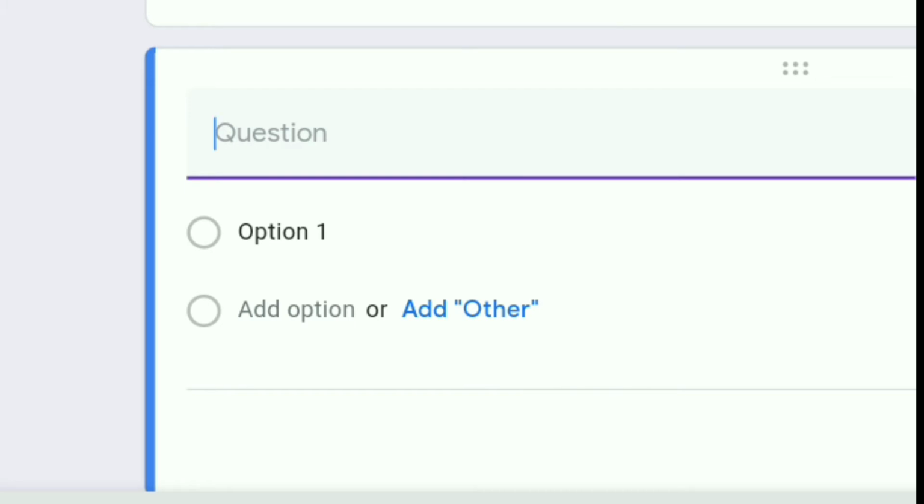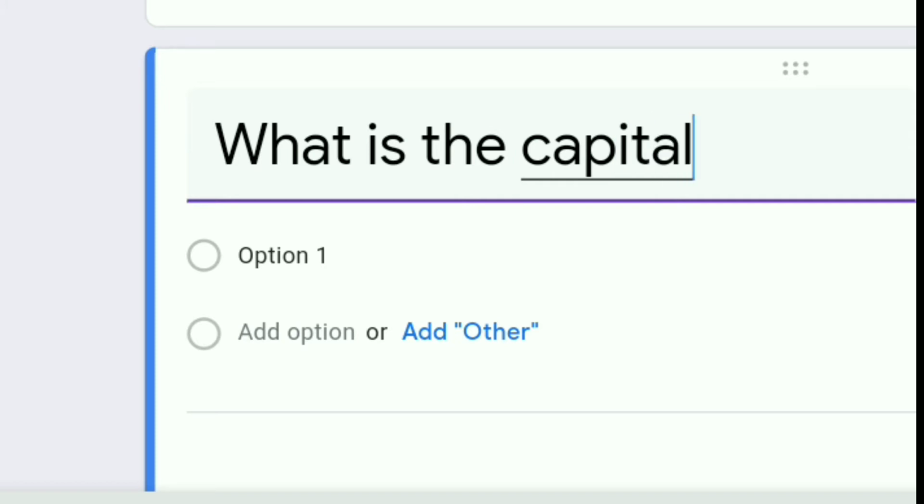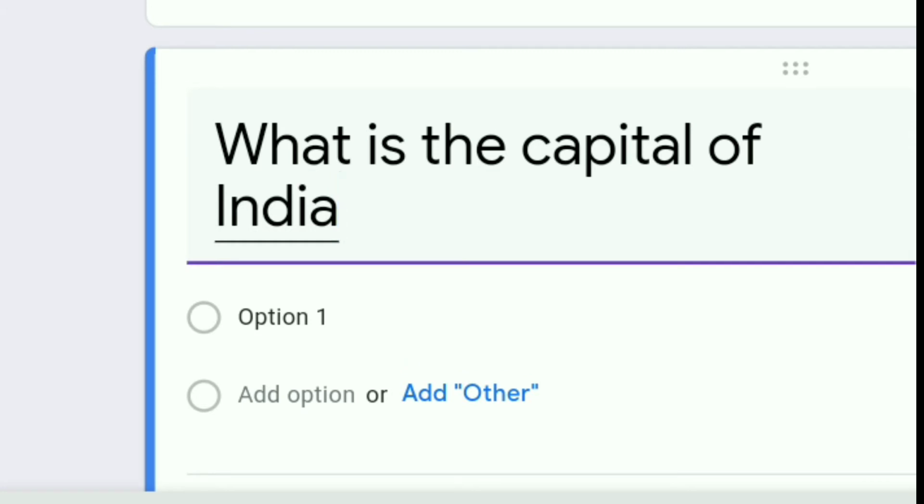What is the capital of India? Type the question with a question mark.